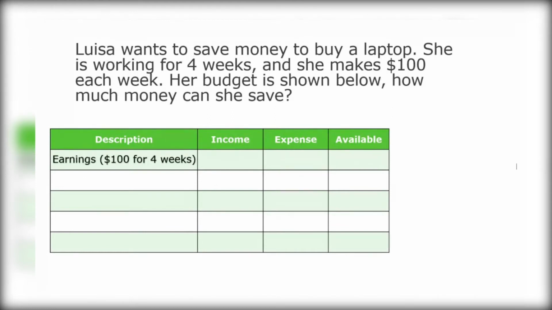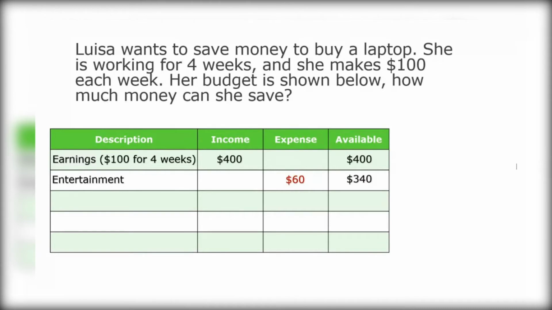So we said that her earnings are $100 for 4 weeks. So that means that her income is a total of $400. And that makes her available balance to be the same as $400. Now, we have that she has some entertainment expenses of $60, and what we're gonna do is we're gonna subtract it from 400, and now she has